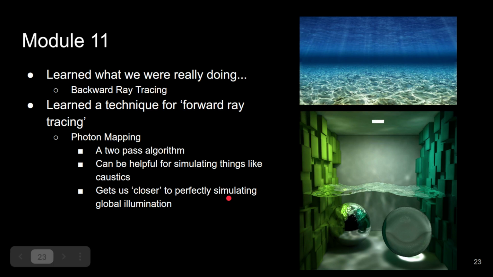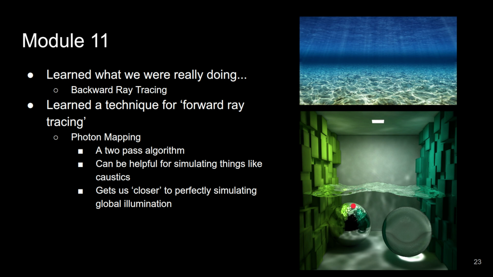Module 11, we had a big surprise where we figured out that we were doing ray tracing backwards, but we want to be able to simulate other effects with another technique. So our second technique is photon mapping. It's a two-pass algorithm, another candidate for a final project,